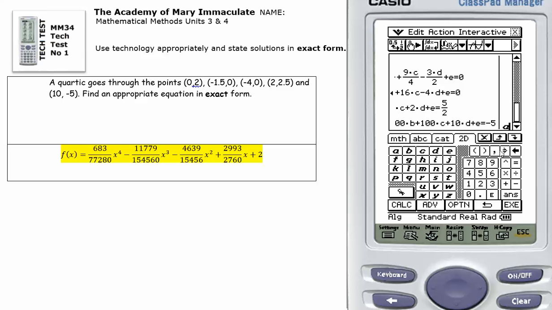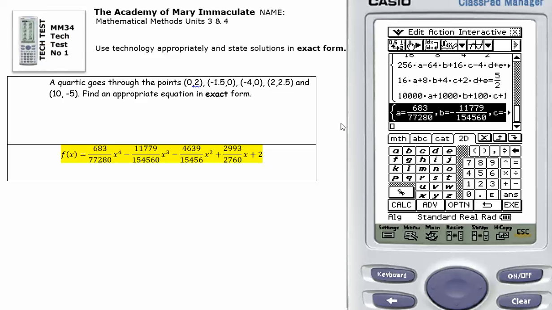And I'm solving these simultaneous equations for the variables a, comma, b, comma, c, comma, d, comma, e, and that gives me the answers that a equals 683 over 77280. That's the exact answer for a. b equals negative 11779 over 154560, and etc. That's what c equals, that's what d equals, and that's what e equals,